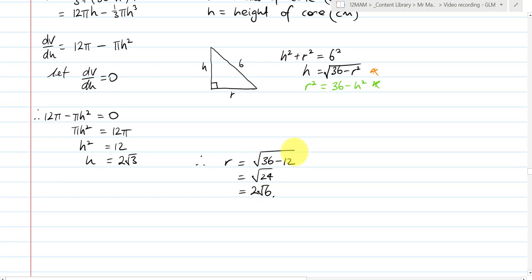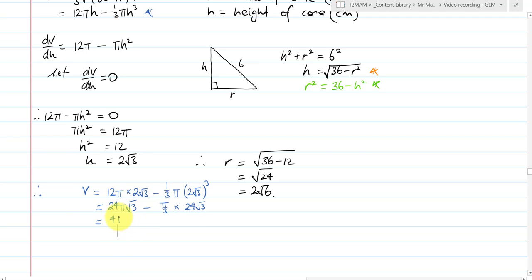So I can go back to my volume in terms of h, which is this one here. And so therefore, volume is equal to 12 pi times 2 root 3 minus a third pi times 2 root 3 cubed, and this will simplify nicely. 24 pi root 3 minus, and this will be a third pi, times 2 cubed is 8, root 3 cubed is 3 root 3, so it's 24 root 3. And so I end up with 24 root 3 pi minus 24 root 3 pi on 3, which leaves me with